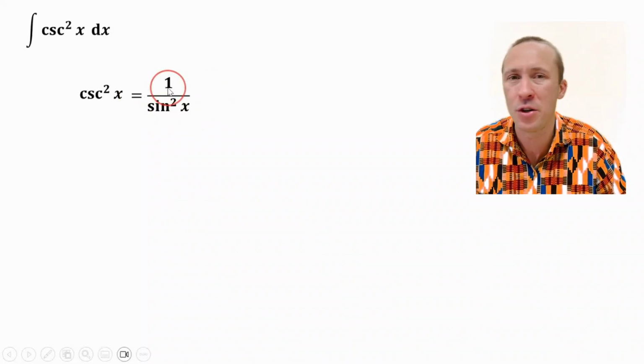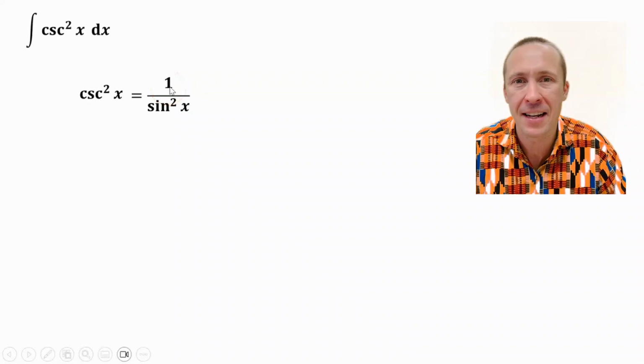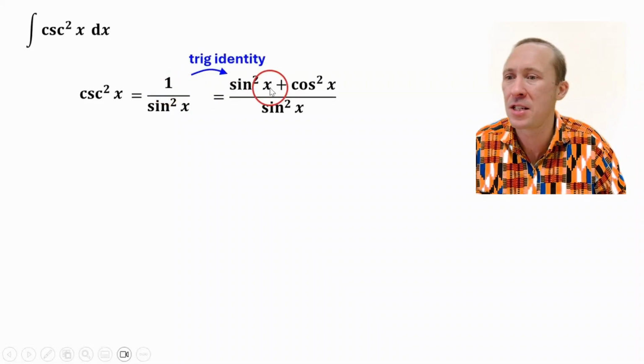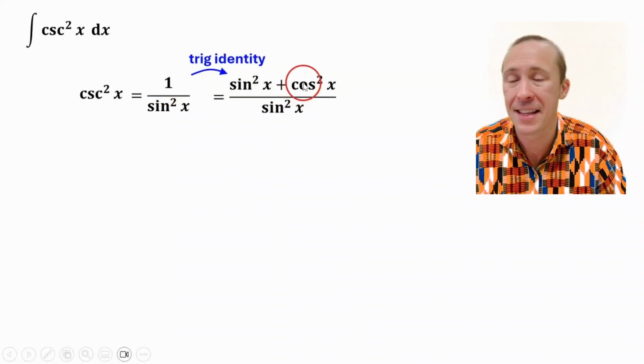See this 1 in the numerator? We're going to use the trig identity to set it equal to sine squared x plus cos squared x. That's the trick. And now if you kind of squint your eyes and look at this fraction closely, it looks